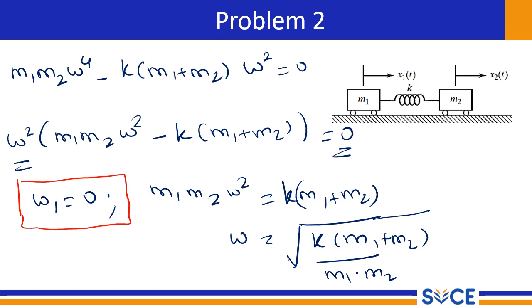So what will happen? The system will not oscillate to and fro. It will just move when it is pushed. There is no relative motion between mass m1 and m2. So in a semi-definite system, there is no motion between masses m1 and m2. It is moving as a rigid body. We have to keep in mind that in the semi-definite system, there is no motion between two bodies. It is moving as a rigid body. From this, we conclude the semi-definite system. In the next discussion, we will move on to the next type of